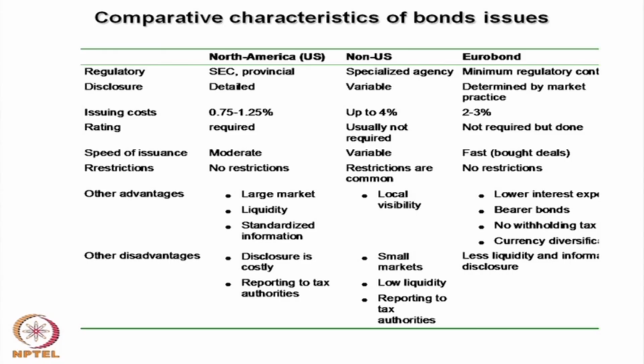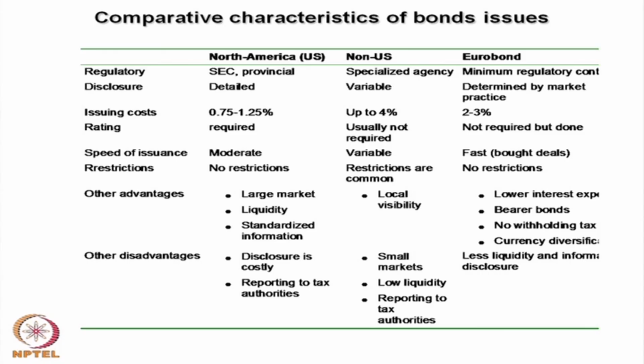Disclosure norms: in the North America US side, the disclosure norm is very stringent, the SEC guideline is very stringent. But in non-US countries, the Latin American side, it varies from country to country and is not so stringent. In the Eurobond market, the disclosure norms are as per market practices and are relaxed as compared to the North America